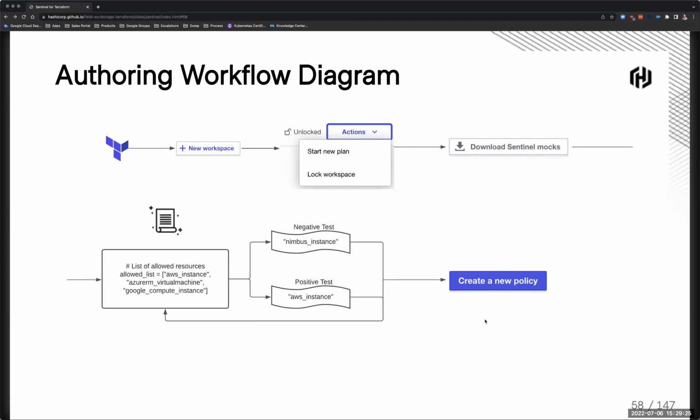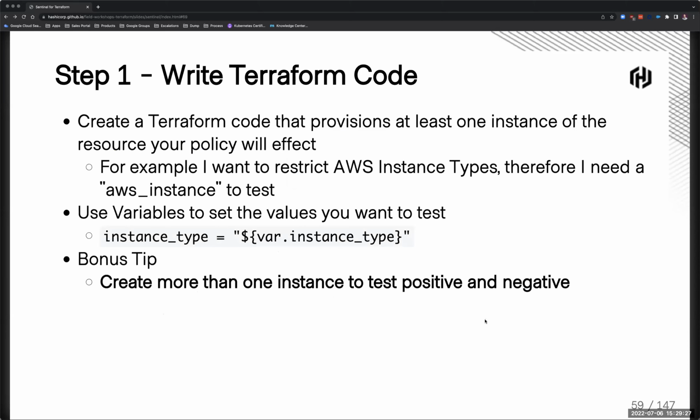And we'll talk about that a little bit later in this overview. So step number one, we're going to go ahead and write some Terraform code. This can be as generic as you'd like. You could define an individual instance, or you could go and validate something else. Now, the most obvious thing here is you need to provision at least one instance of the resource that you'd